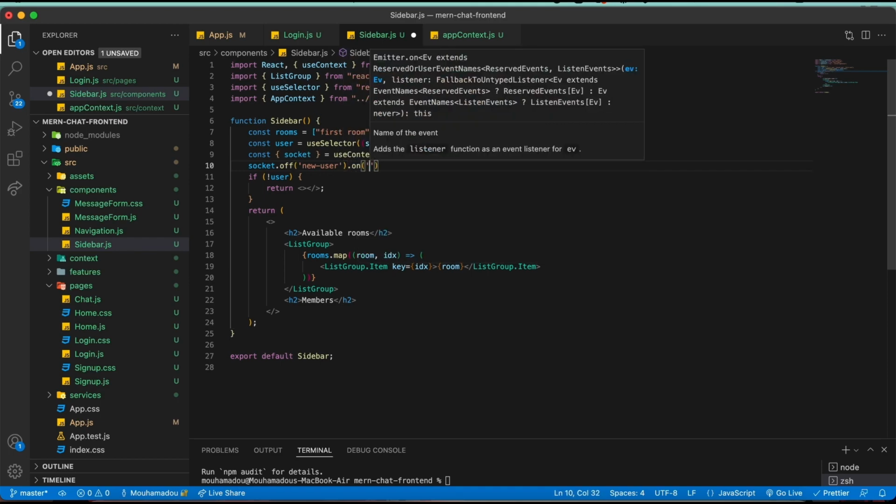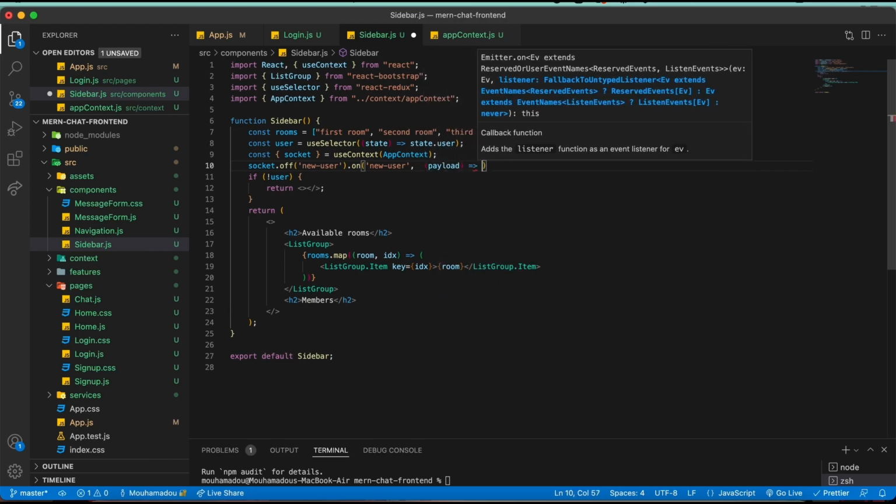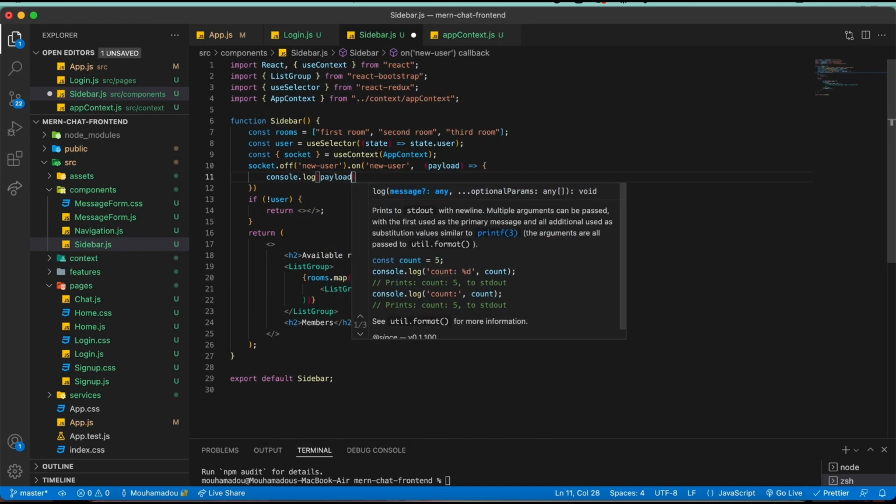Make sure that we have off and on for new user. We listen for the new user, and we say payload, right? It's going to send us back a payload with the new user. You can just say console.log payload, so that you can see. So why are we having off and on? Because if you just have on, it will keep listening to the message. We want to make sure that we switch it off before we switch it on. Otherwise it will have bugs. So the payload here,